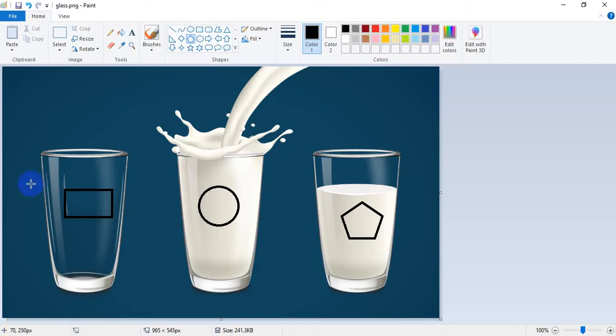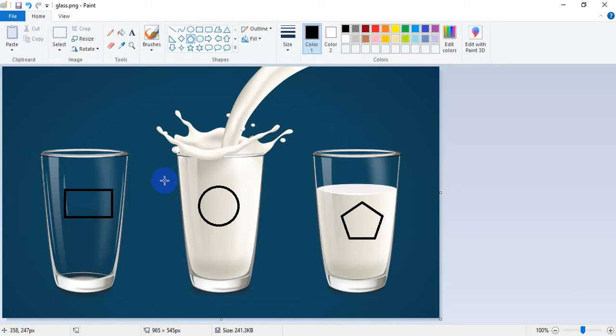When I put it here, you will see that the first value is 57 and the second value is 260. When I move here, the first value is 70 and the second value is 378. When I move over here, the values are 468 and 381. So every time you change the location, you will get different coordinates. Okay students, hope you could understand how we can take the coordinates by using MS Paint.